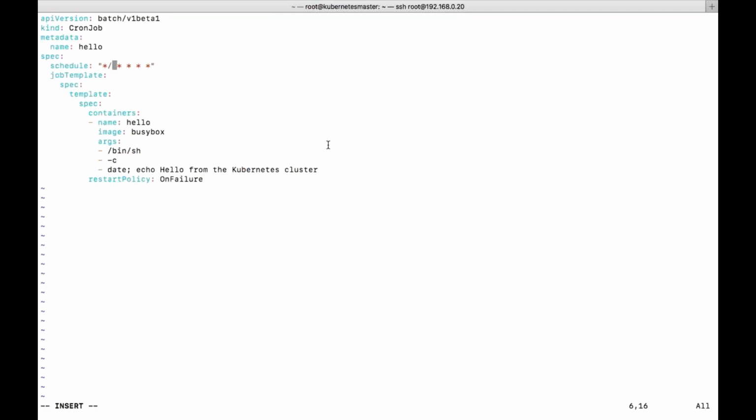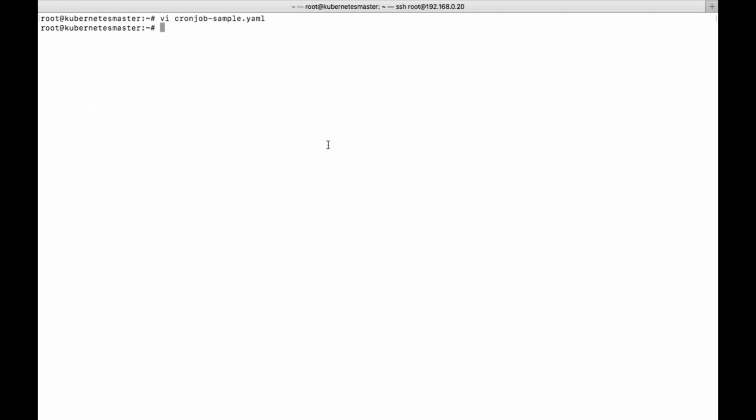Then kubectl get cronjobs. You can see the cron job here.